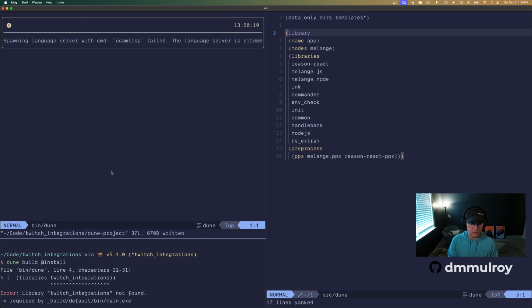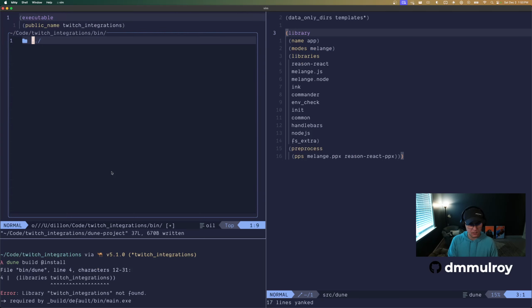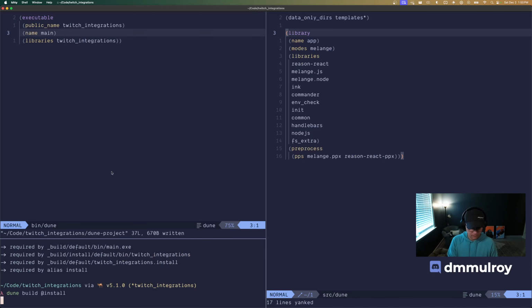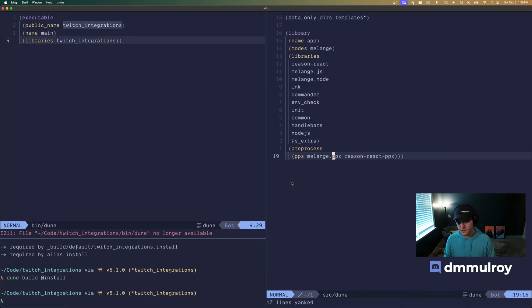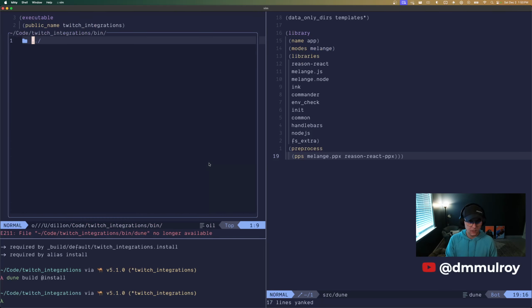In here, we're just gonna delete this for now. I don't even know if we're gonna need bin, but we'll just rock with it for now. All right, so we're built. Now let's go start writing some bindings to this library. So we'll go into source and let's do a,